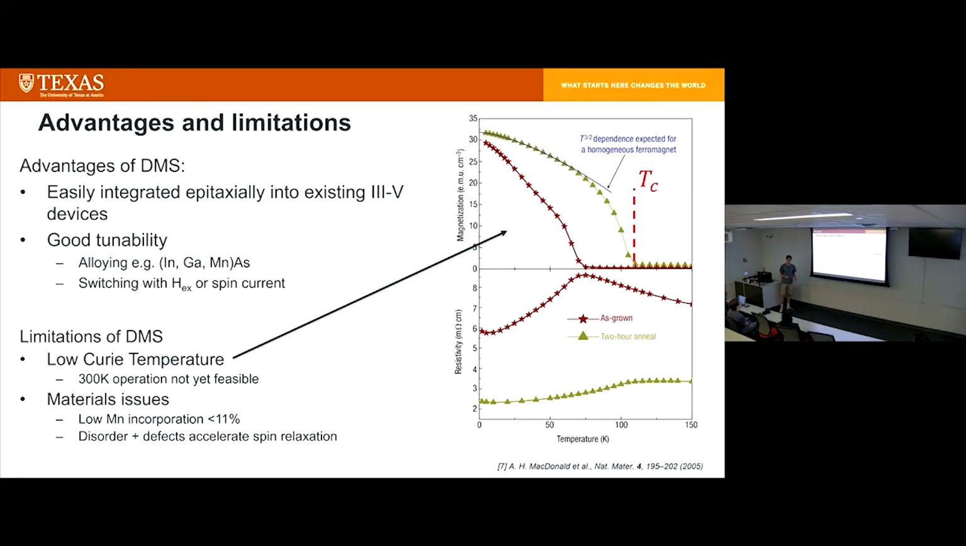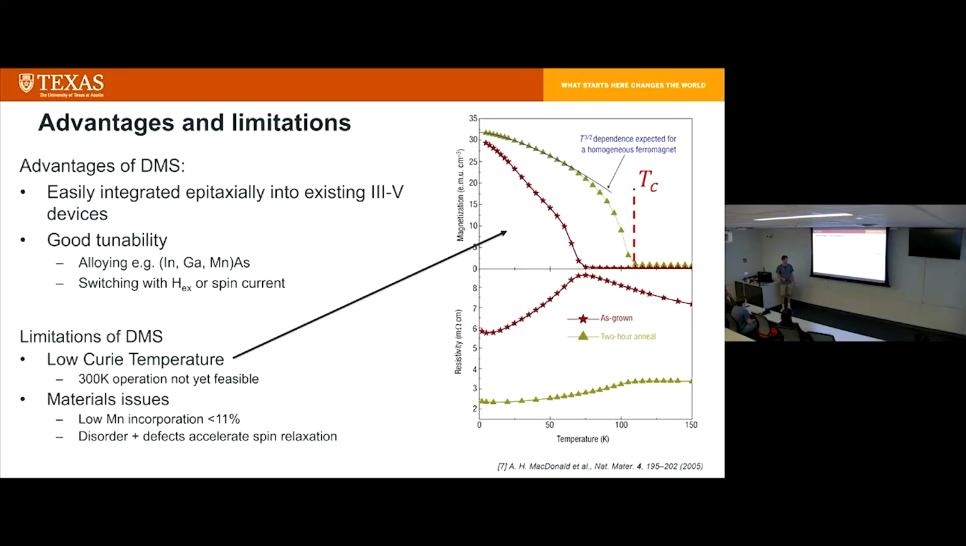So moving on to discussing the advantages and limitations of the material systems. The primary advantage of using DMS materials is that it's very easy to integrate with existing optoelectronic devices, particularly the III-Vs, which tend to be one of the dominant platforms for optoelectronics. And they have really excellent tunability because you can alloy the III-Vs. For example, you could add indium to your gallium manganese arsenide to tune your emission wavelength and your band edges and other sorts of properties. And you could also switch these devices. As I mentioned, you can apply an external field or even a spin current to try and switch the magnetization